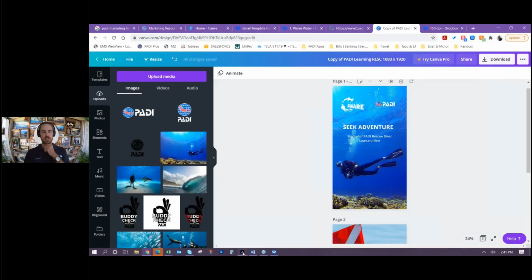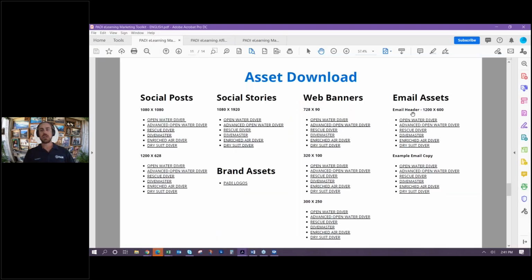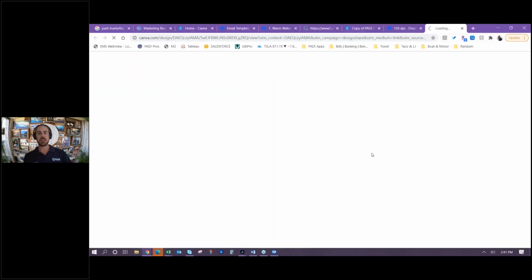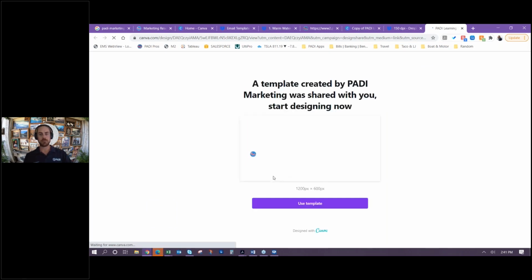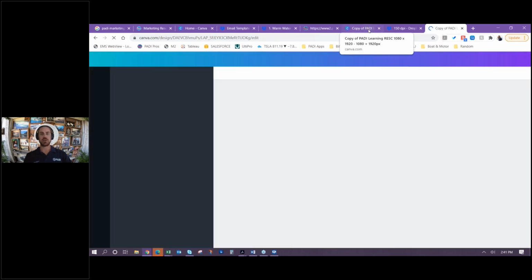Now, we did show you the social stories, but I do want to show you a few more things that would come in handy. For instance, on this same page here, as Rob mentioned, if you're using these for email assets, and let's say we wanted to create an enriched air diver email, we simply click on that hyperlink again. It'll bring up the two different formats linked directly straight into Canva. You can see here by toggling to the side the two different designs. Simply use template, and it will pull up a new screen within their design software where you can now edit this version as well,